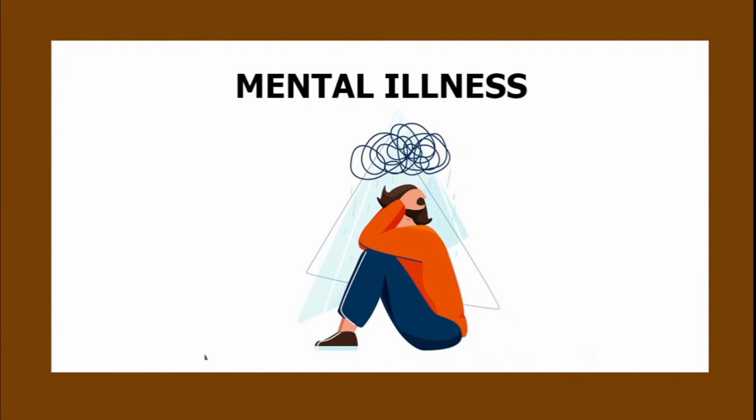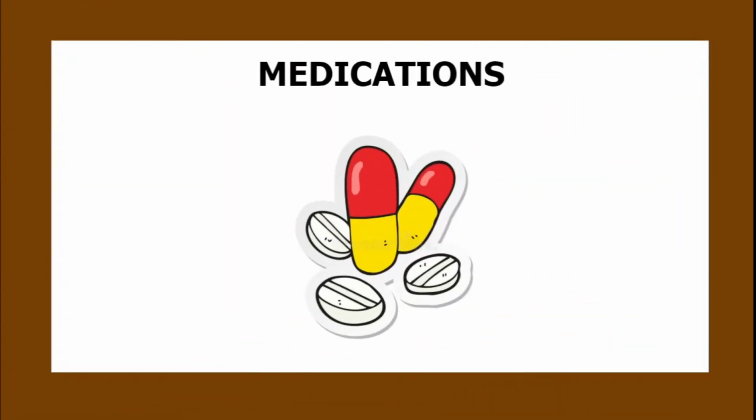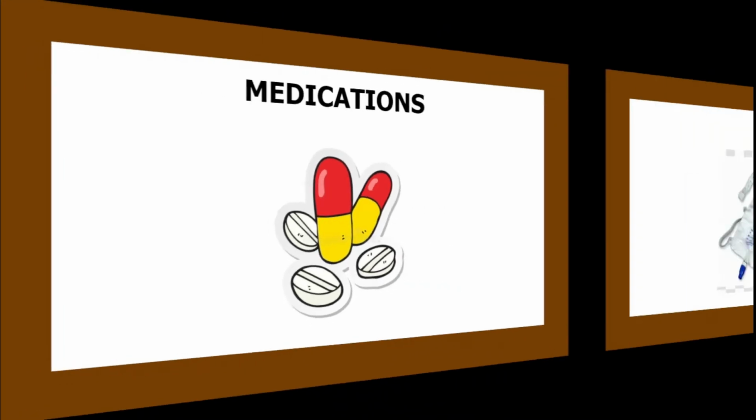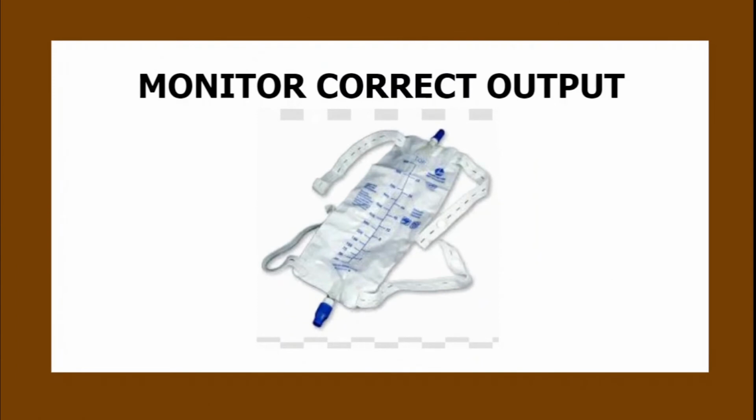Next is mental illness. The next is certain medications. So certain antidepressants or selected antihistamines and antihypertensives impair the ability of the bladder muscles to squeeze, which causes urine to remain stuck in the bladder. And also to deliver medicines directly into the bladder, for example chemotherapy for bladder cancer. The next is to monitor correct output chart in case of kidney disease patients post dialysis or before dialysis or after any kidney surgeries.